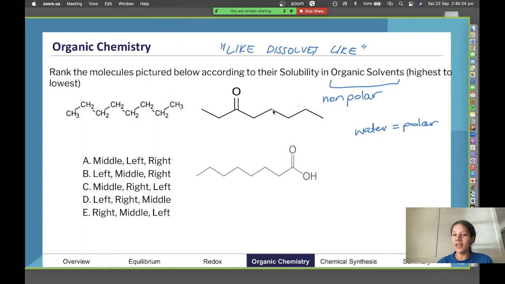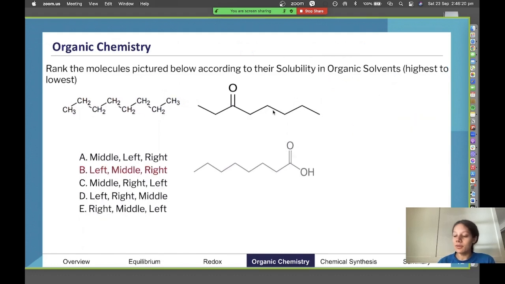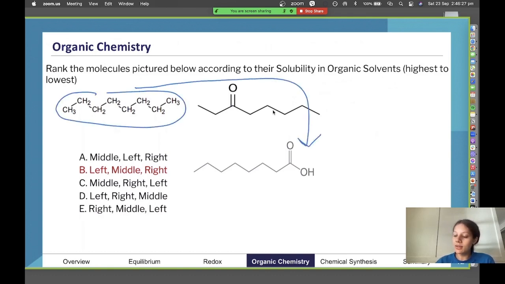So organic solvents, think of things like fat, non-polar. If you want something to dissolve in something that's non-polar, you have to put something non-polar in it. If you want to be soluble in water, which is polar, you also have to be polar. So that's the idea here. If we look at the actual order, it's going to be left, middle, right. So we're going back this way now. This is the most soluble. Our alkane is the most soluble in organic solvents because it's the most non-polar. We don't have any polar bonds. This is the non-polar molecule, all in all.